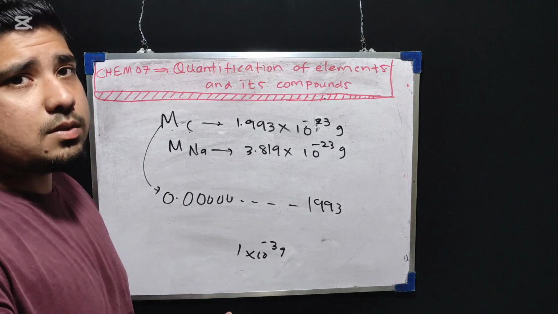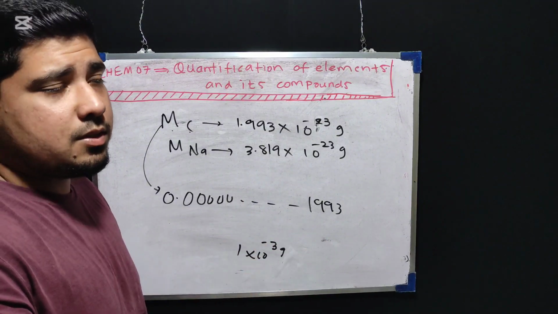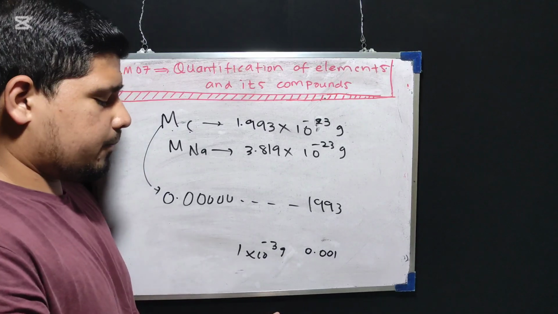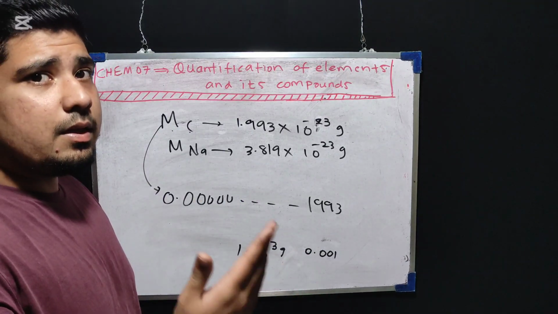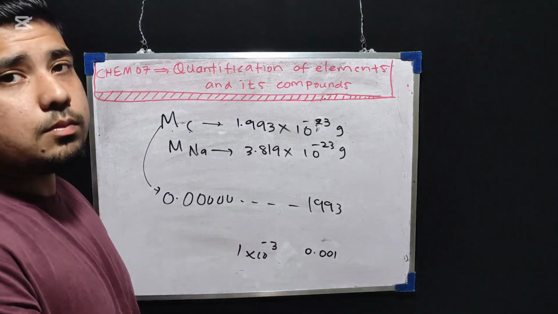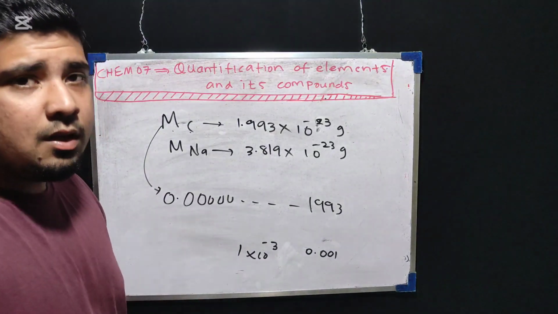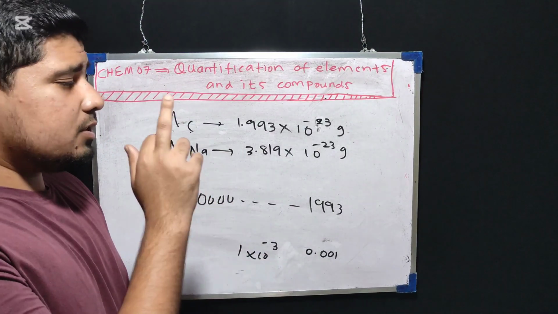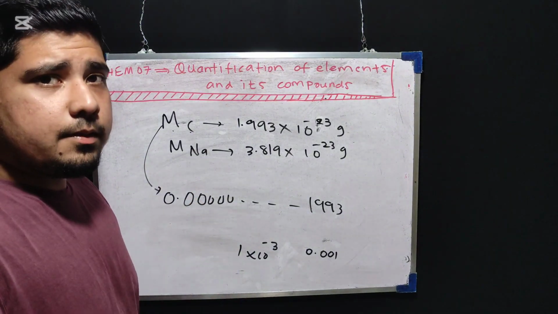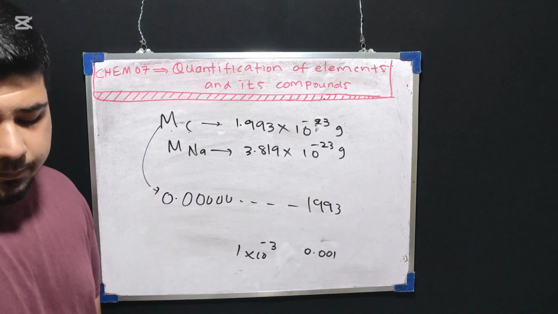This is a very, very small mass. And also, we as science students know what 1 into 10 to the power minus 3 means: 0.001. But the shopkeeper is uneducated, he is not a science student, so he will be stammering at you. He doesn't know what these terms are. Therefore, we can't use this measure. We can't use grams to measure the mass of atoms of any element. Okay, you should know that. Why we can't use the gram